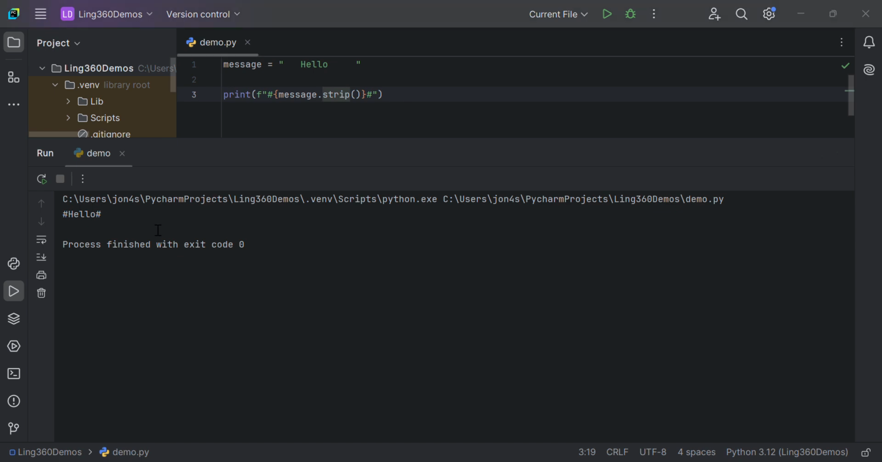Okay, now let's look at another example. Let's change this to be a little more accurate of a name for this example. So we're going to have a URL such as